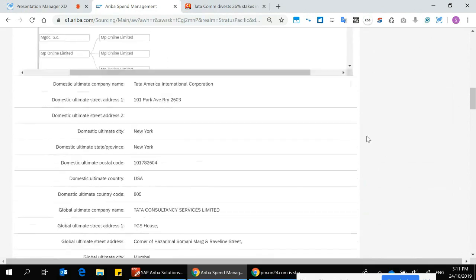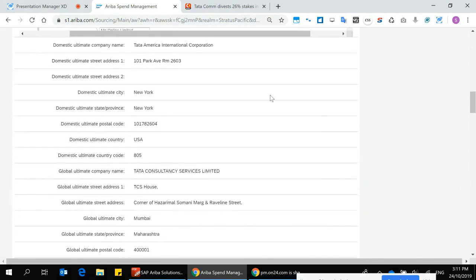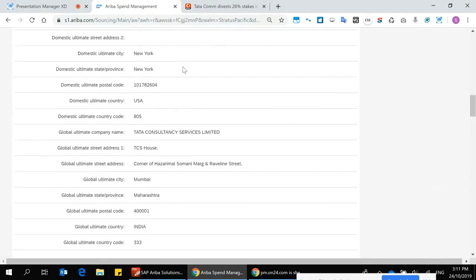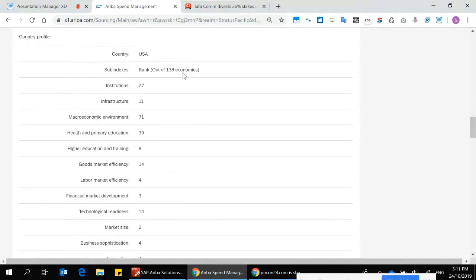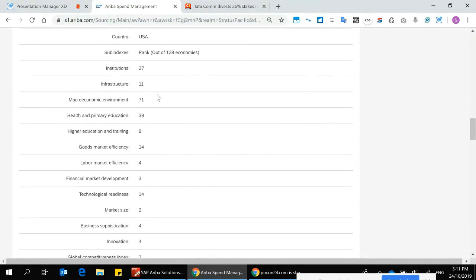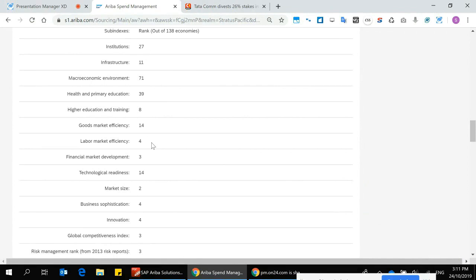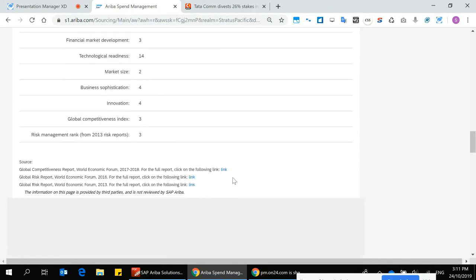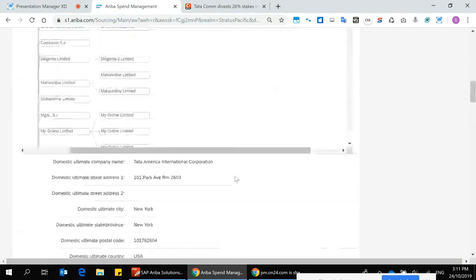We also have other information such as overall global and domestic contact details, and we provide World Economic Forum rankings around various metrics, like labour market efficiency, for this organisation, and you're able to access the full link directly in the system here.